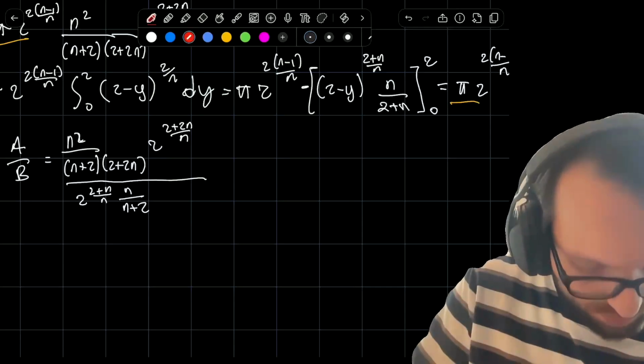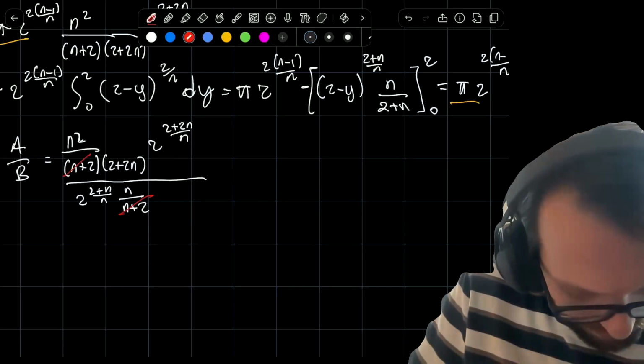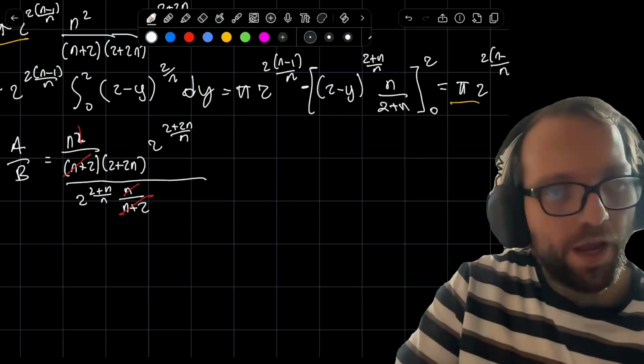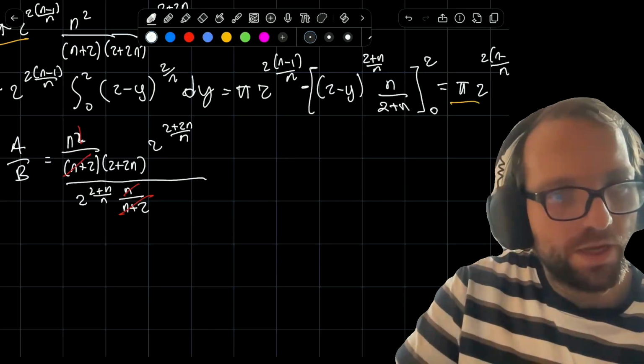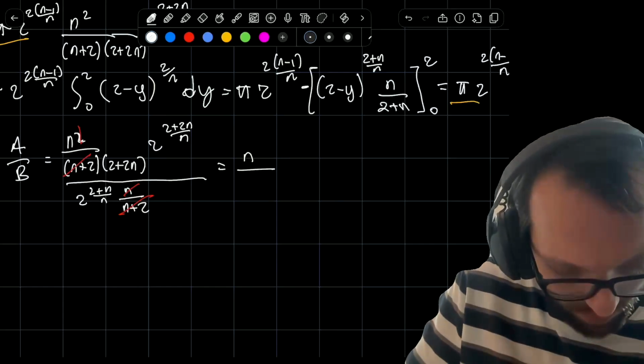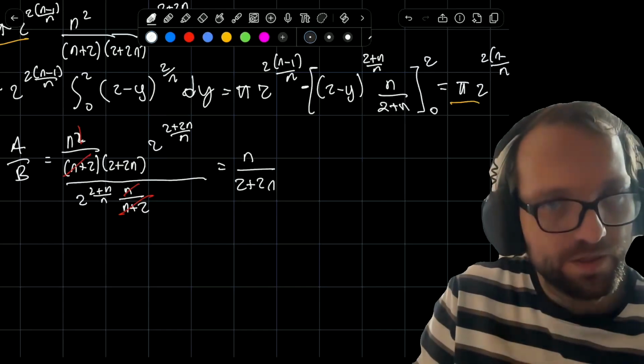This simplifies with this, and what we are left with is n divided by 2 plus 2n,